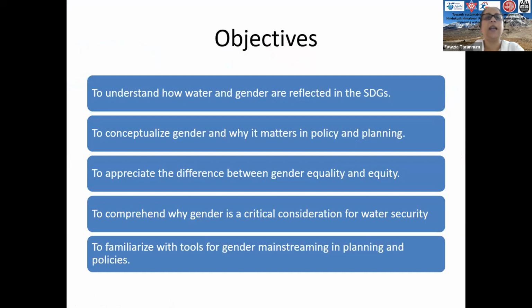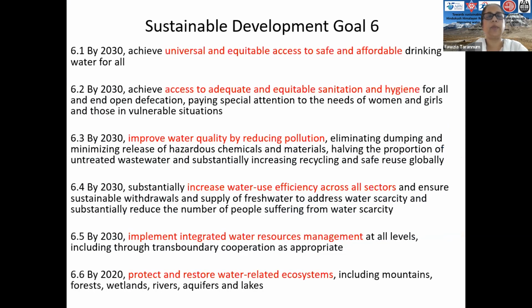So today's session, we will understand where we place gender when it comes to SDGs. We will talk a little about why it matters to consider gender in policy and planning, and of course, in the research that you will carry out as well, to appreciate the difference between gender equality and equity, and to comprehend why it's critical for water security and tools for gender mainstreaming. I am not going into detail because this is something that is already available in the public domain and you can access and see. So when we talk of SDG 6, that is clean water and sanitation for all, it very clearly highlights